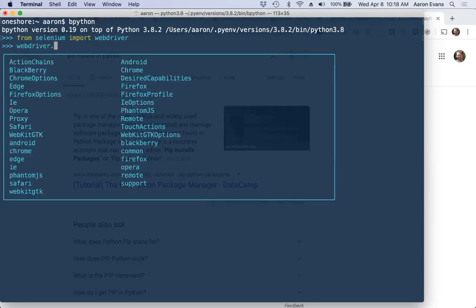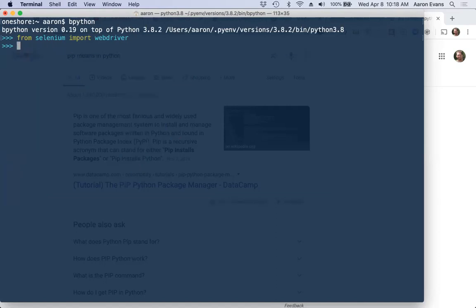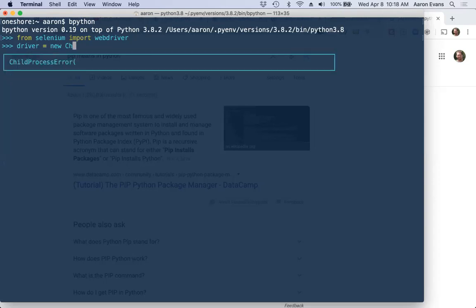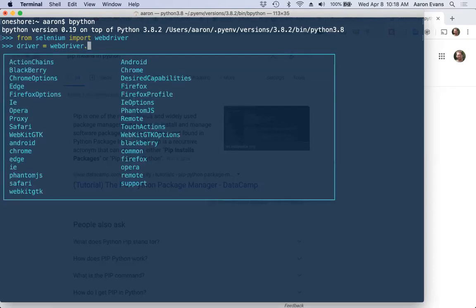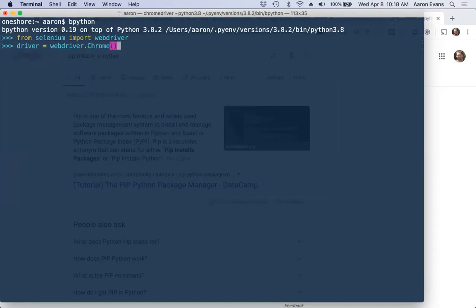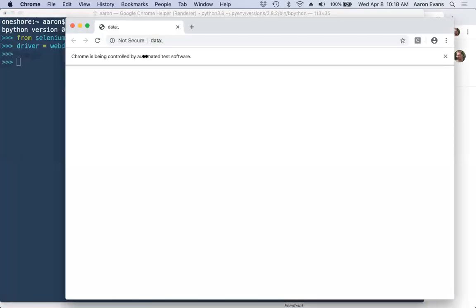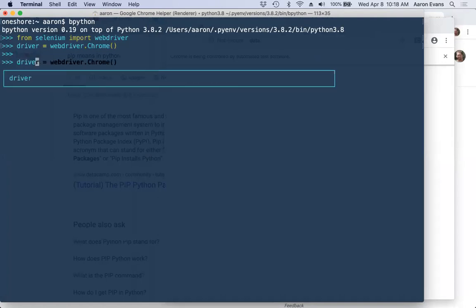And then I can see what it's giving me hints, right? So I could do WebDriver.desired capabilities, WebDriver.chrome. And then I can do equals new. Oh, no, I would need to import, I could do .chrome. Yeah. And it launches Chrome. And then I can do driver.get